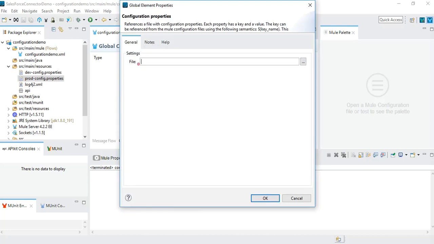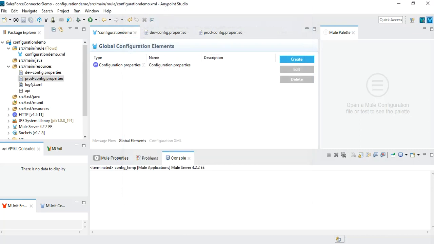Right now we did not create a separate global property, so let's just select the name dev-config.properties and click OK. So what it's doing is directly referring to the dev properties only. In order to have separate configuration properties files, we created two files, but here we are referring to only one file. But if we want this selection of the properties file to be dynamic, for that purpose